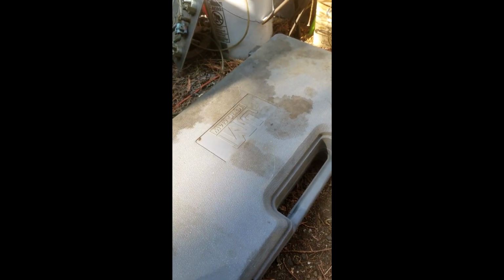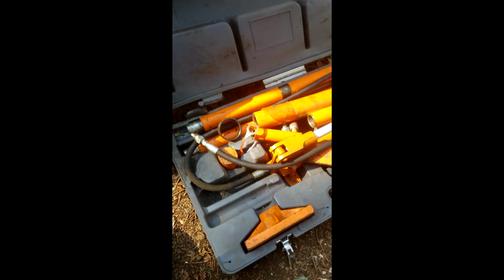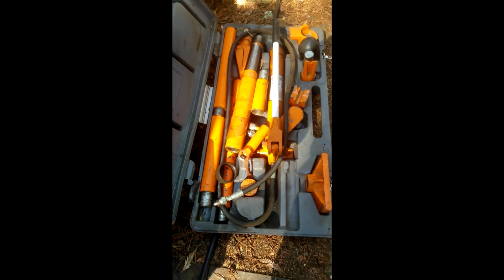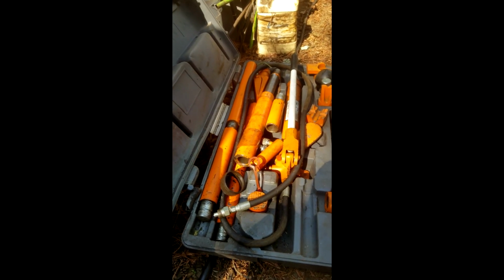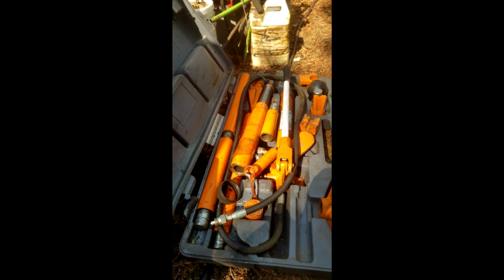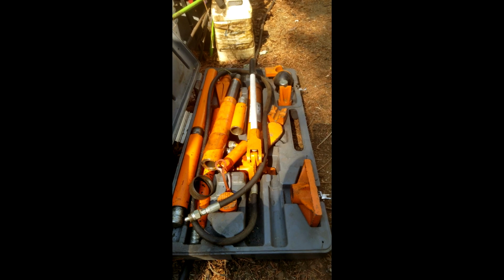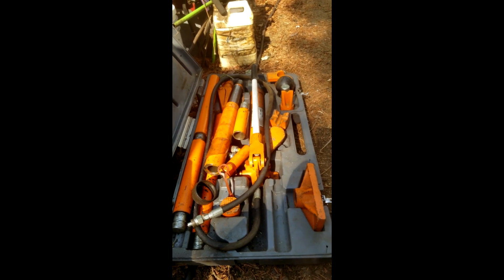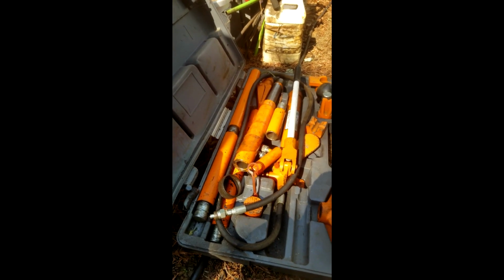Jongman. Oh, look at all that stuff there. But it's a little bit bigger unit. It's got the hydraulic pump in the middle, hand operated. I blew the hose up on that a couple years after I got it, and then I went down and had a real hydraulic hose made for it. I think that's like a 10,000 or 20,000 psi hydraulic hose, but it's got pushers, feet, it's got extensions. It's got the one big ram,